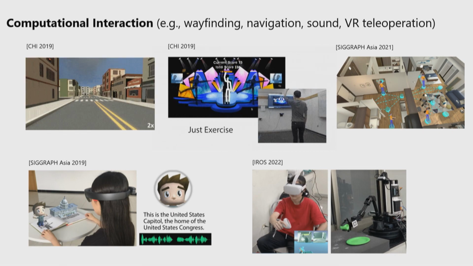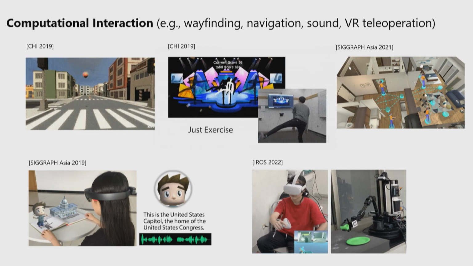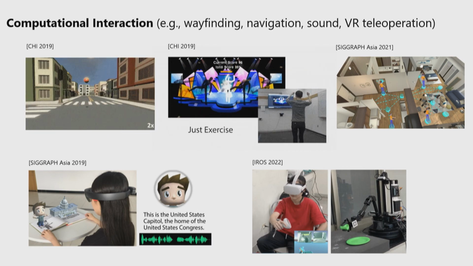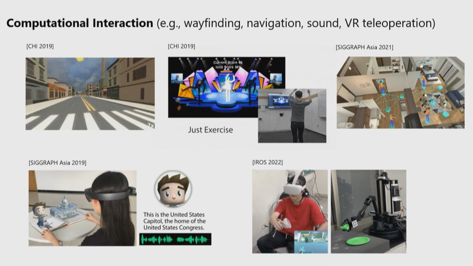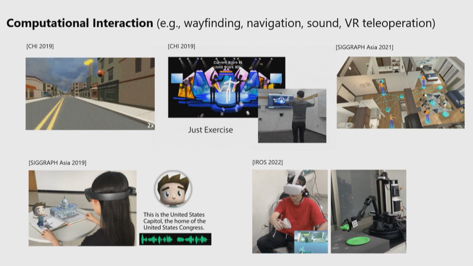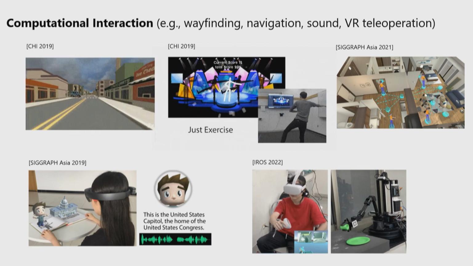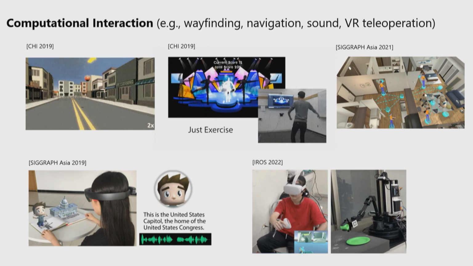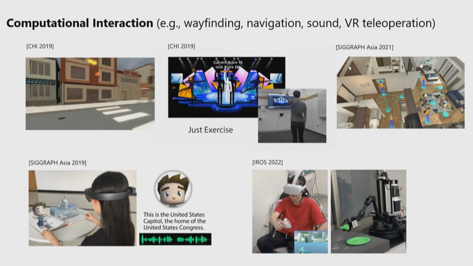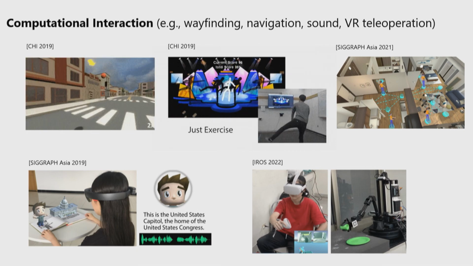For example, we have the adaptive wayfinding aid that will only show when the person is confused walking in the virtual environment. And how do we know whether the person is confused or not? Of course, we can rely on machine learning models that are trained on classifying whether the person is feeling confused about an environment or not. And using that machine learning classifier as the driving component of the tool, then we will be able to adaptively show the assistance as needed.